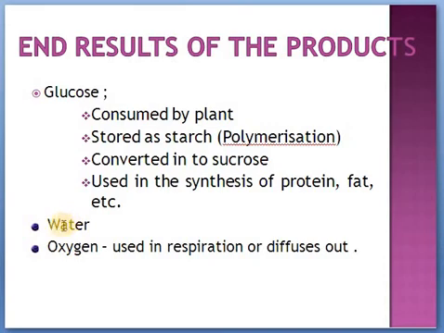So the next byproduct is oxygen. Very sure oxygen has to come out. This oxygen will be coming out of the cell, and sometimes the oxygen can be used by the plant cell for its respiration. Let me register that plants do respire by taking in oxygen and leaving out carbon dioxide, as we do. So this oxygen can be utilized for respiration, or sometimes it can come out of the plant, diffusing out through stomata.